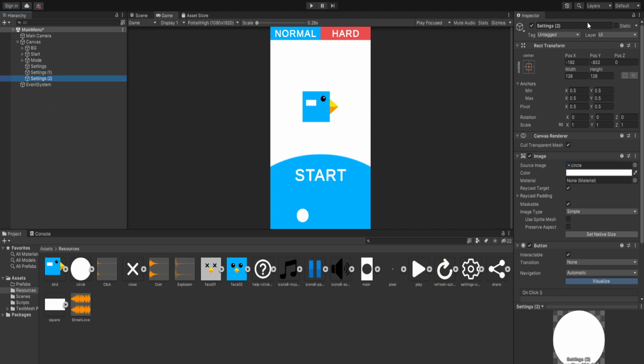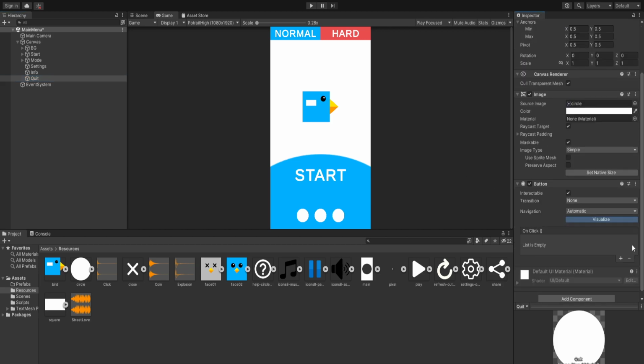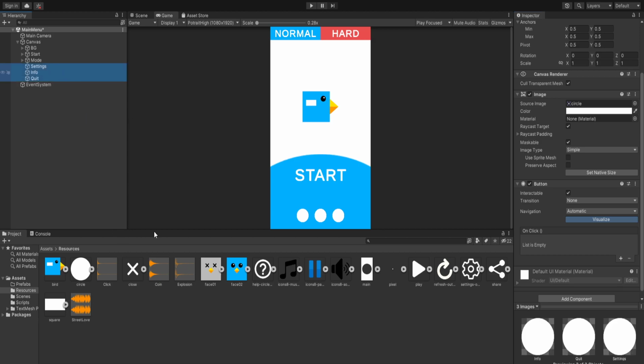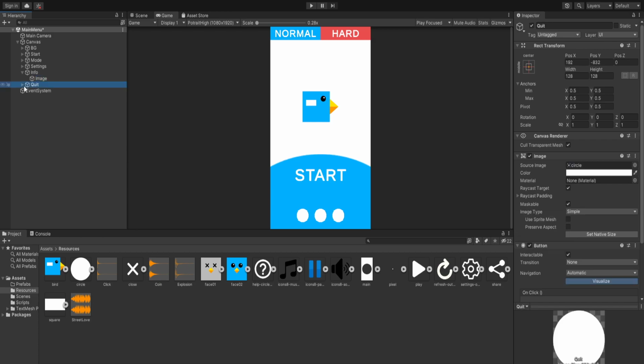Now duplicate the settings 2 more times, and the next one we are just going for the info, and the last one, or the second one, we are just going to call quit. Now settings, the first one, let's add the info at the center, and the position is going to be 0, and similarly the quit position is going to be positive 192. And after that, let's attach an image component to all three of them, and yep, it attached to